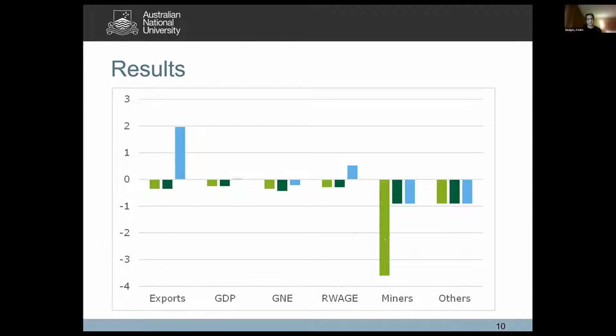The light green is uncompensated, and you can see the impacts on GDP are around 0.25 or 0.26%. GNE is a little higher because of the terms of trade effect. The real wage is closer to GDP. But the key difference, obviously, once you dig down a level or two, is looking at it in terms of the mining workers themselves, or the households whose prosperity is dependent on mining, versus other